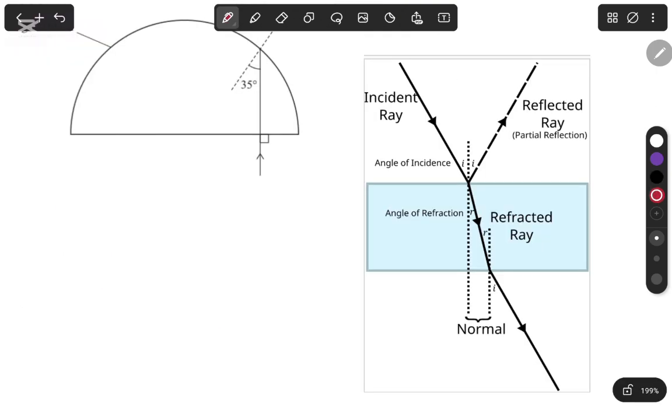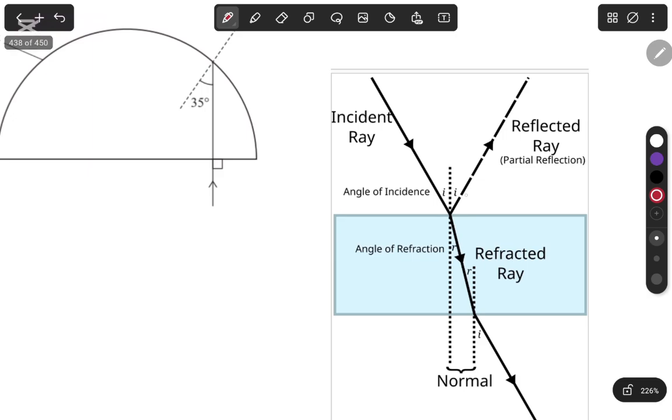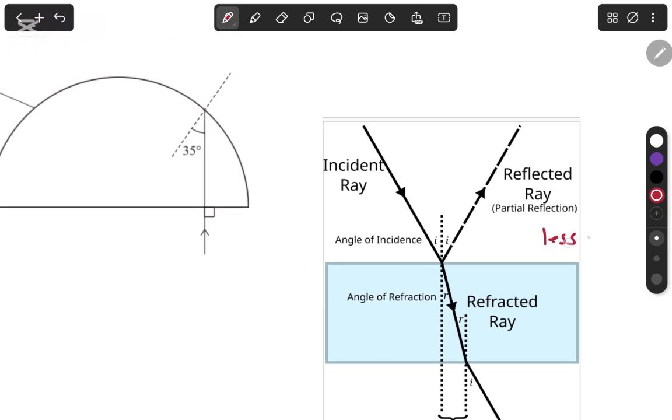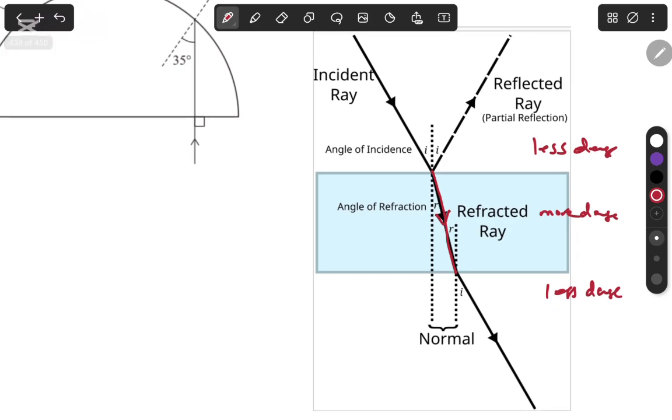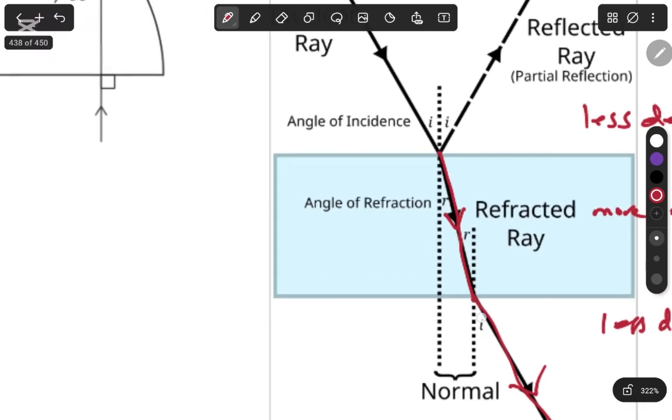Now before we go to the next question, remember, here's the example: this is less dense, this is more dense, and this is less dense. When we go from a less dense to a more dense medium, the refracted ray will bend towards the normal. When we go from more dense to less dense, it will bend away from the normal. And keep in mind, notice here,